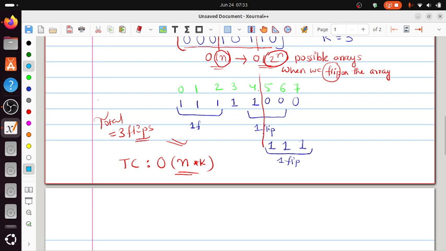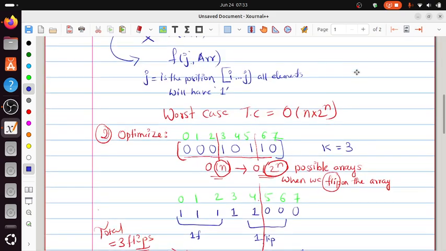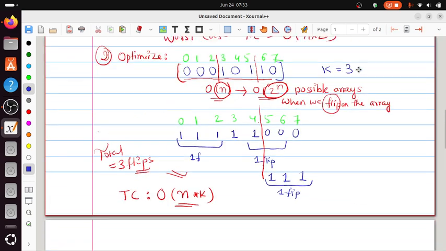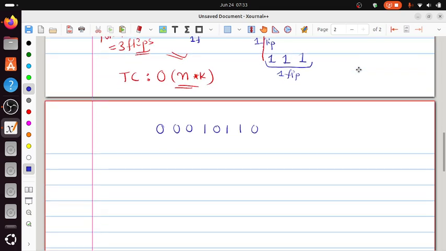whenever I'm at this position, order of n into k, whenever I know, I'll just take the same example: 0, 0, 0, 0, 1, 1, 0, 1, 1, 0, 0, 0, then 1, 0, 1, 1, 0, right? 8 elements. Whenever I know that I'm doing a flip operation on 0, I have to flip all the 2 elements until this position. I don't need to do that flipping at the same time. I'll just maintain